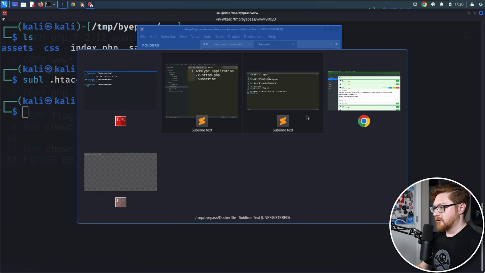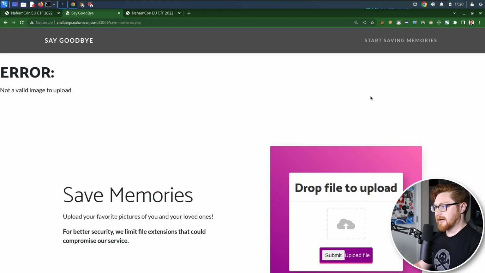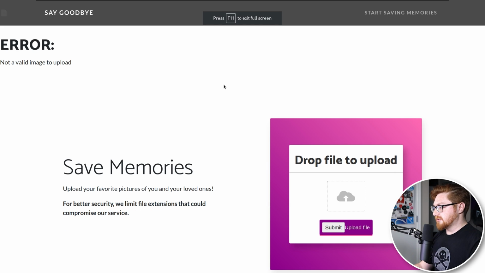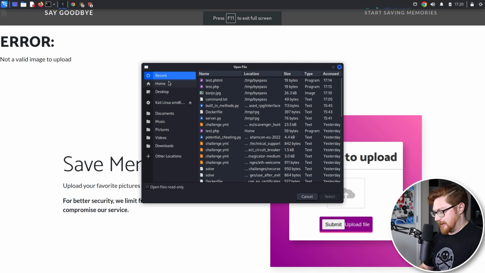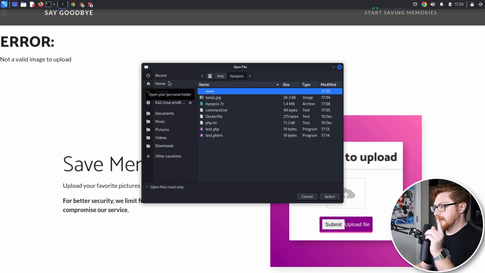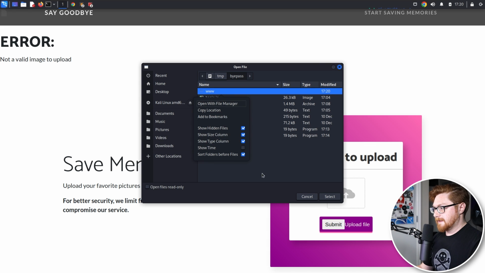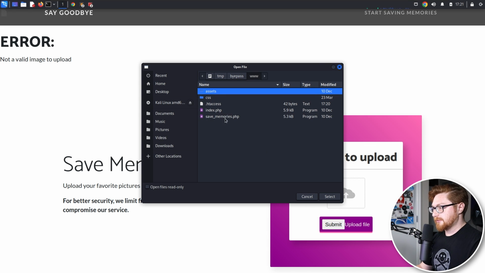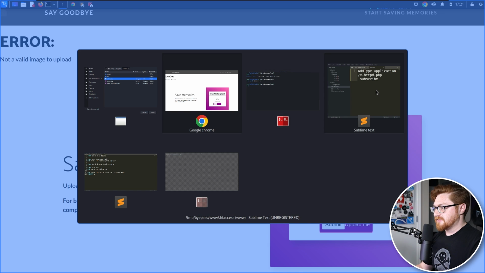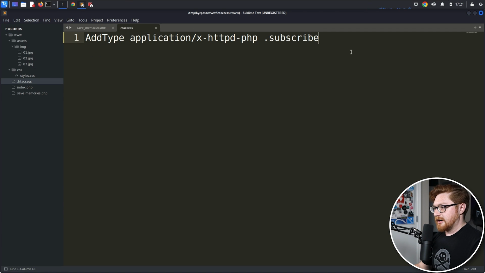I'll go back to our application in the say goodbye service here, and now let's click back to our temp location. It won't show this automatically, but if I hit Control H, fingers crossed, no, will you give me any love? Not at all. Okay, right click, show hidden files. Did I not put this in the right place? Maybe I was in, okay, yeah, I was in www. Okay, so now I have this .htaccess file, just 42 bytes,